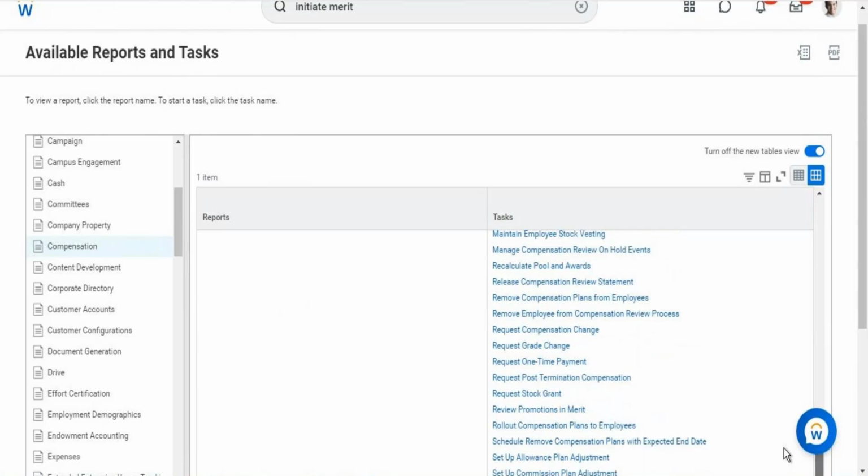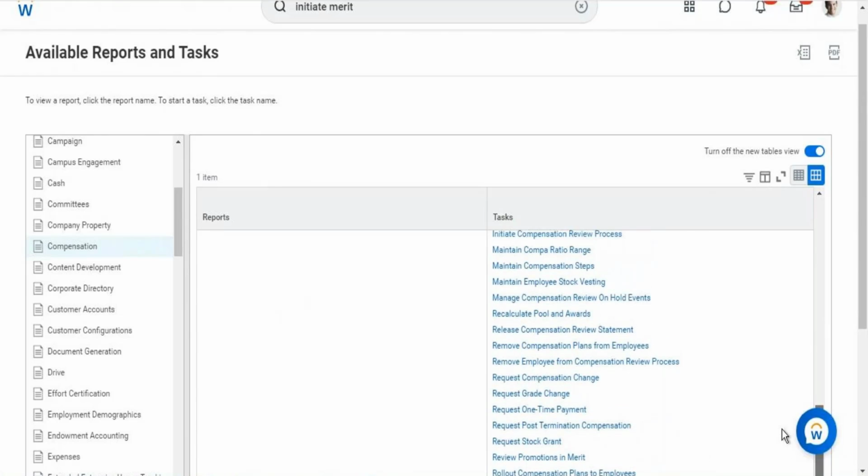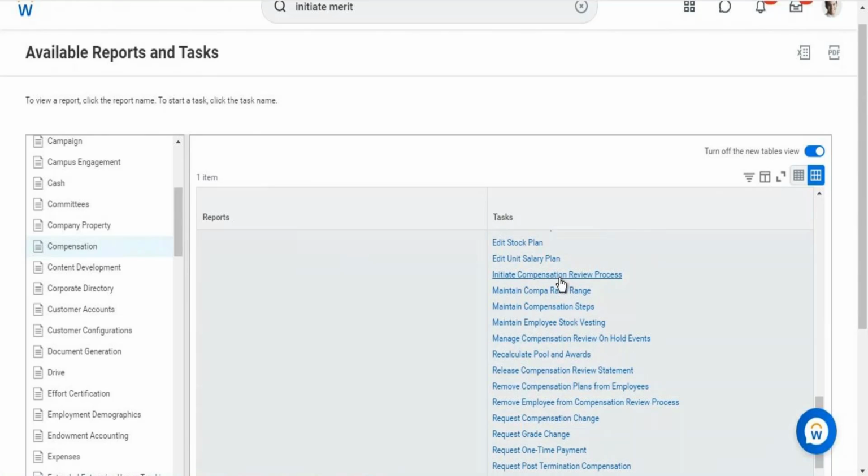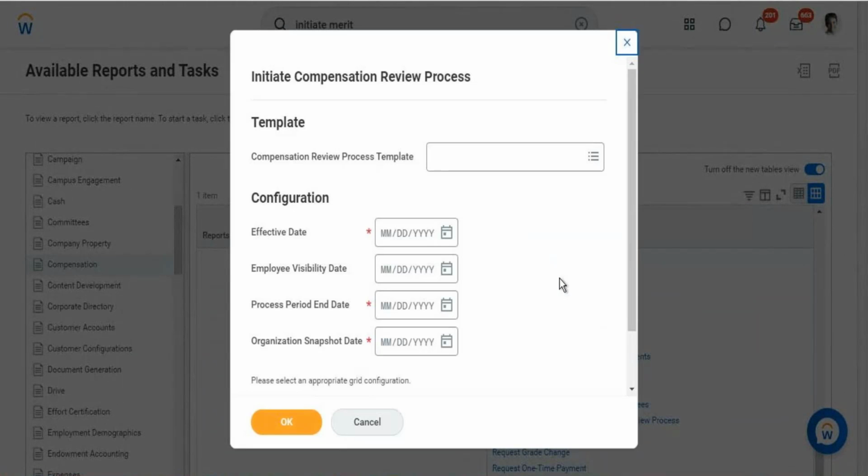Probably they would have needed. Let's see what are all the options we have here. Initiate compensation review process. They have renamed it, I believe. So we have